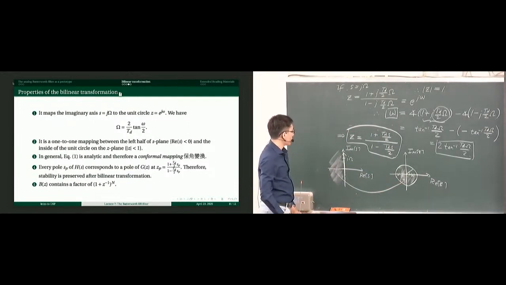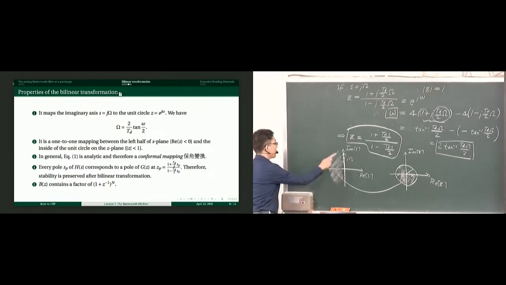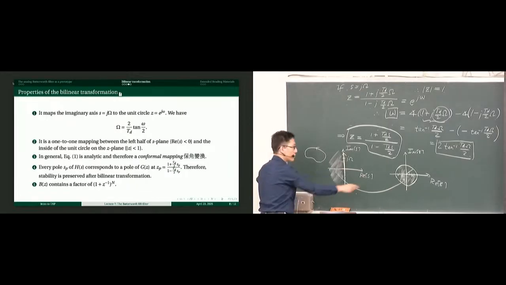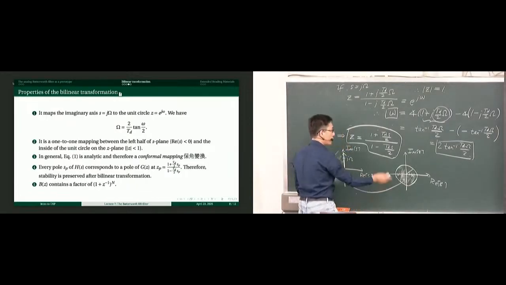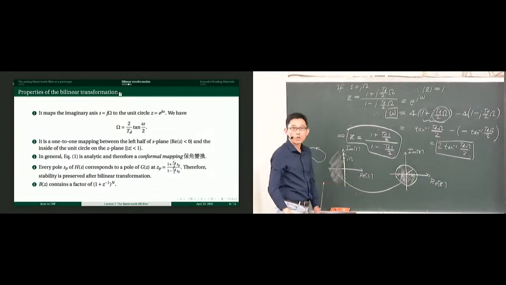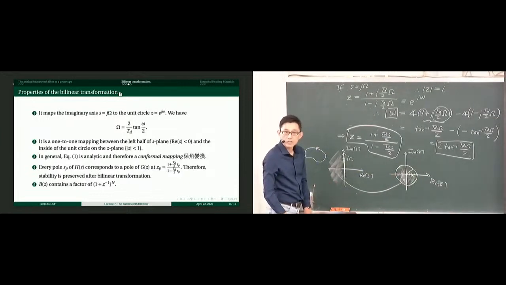So the principle is that this is a property of a complex function with a complex variable, 复变的一个 basic property, which says that if you have a closed contour and the orientation is counterclockwise, and you take it from S to Z, in general, if your mapping is a so-called analytic function, 解析函数